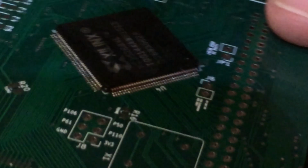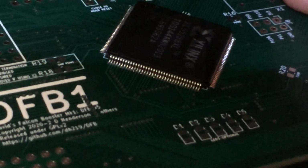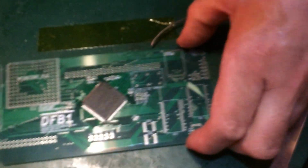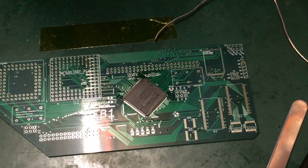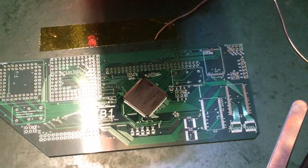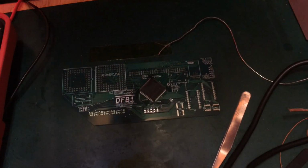So I'll do a proper buzz test on these, just go around with my multimeter in continuity mode to see if any of the adjacent pins are shorted, but that's a fairly dull old process, so I won't do that on camera. I will, however, just take the time to do the most elementary of checks, which I always recommend, which is the